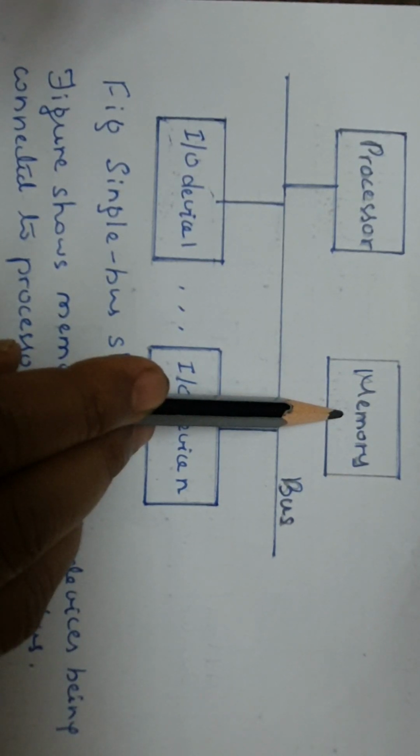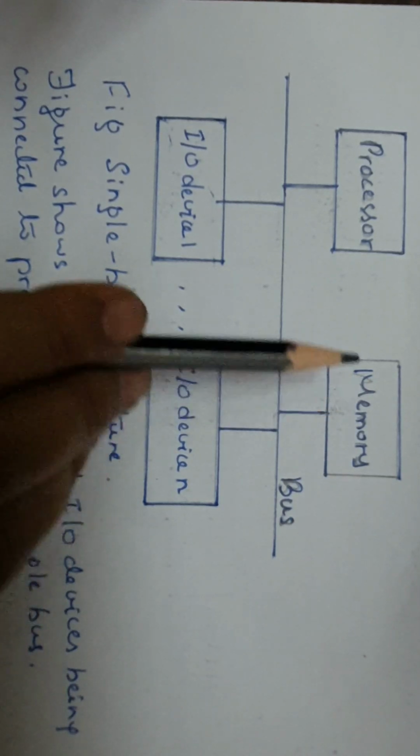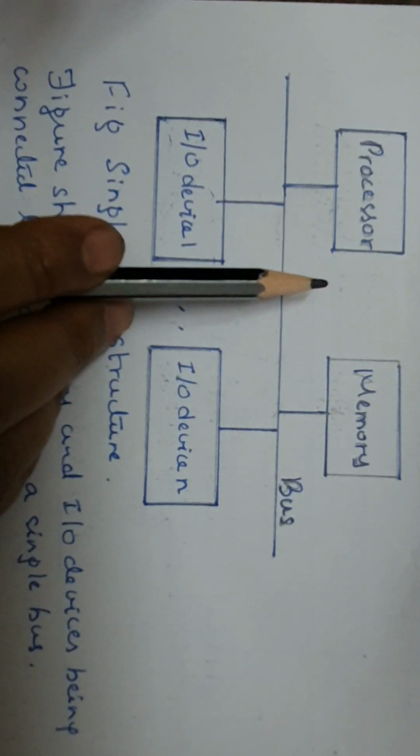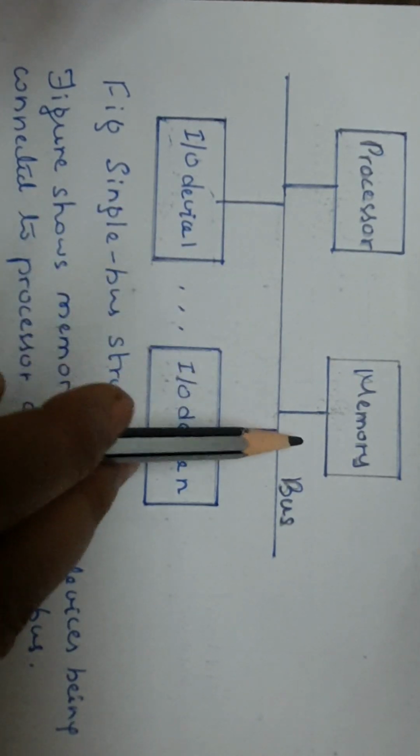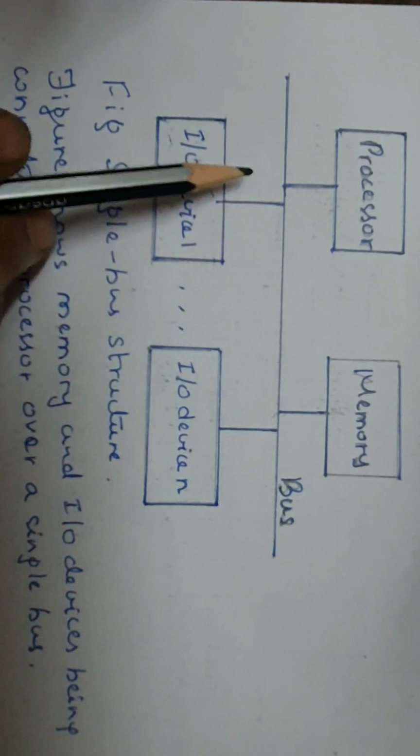So the memory address space is there. There only IO addresses are stored or IO devices are connected, and that kind of communication between processor and IO devices is called memory mapped IO. In IO mapped IO,